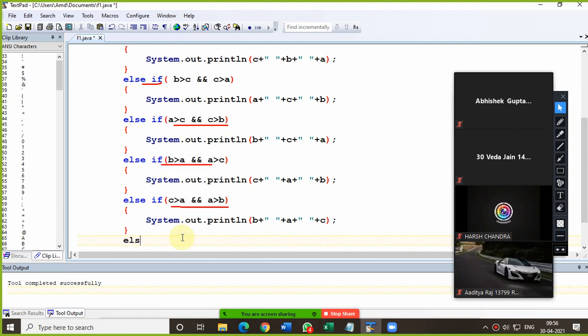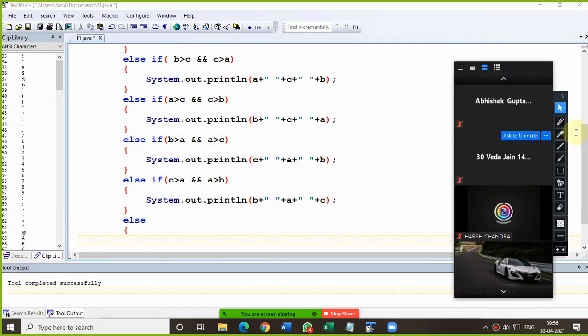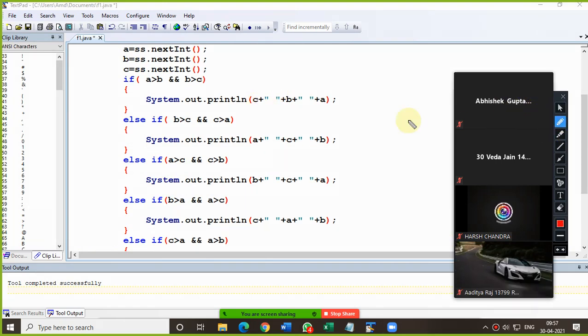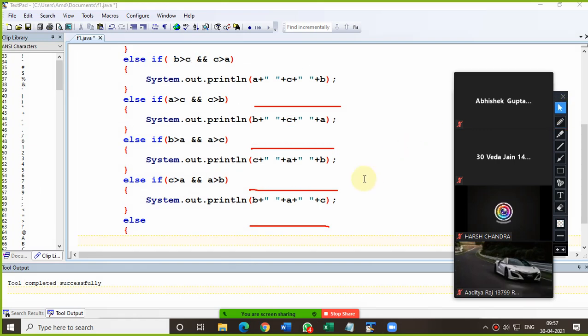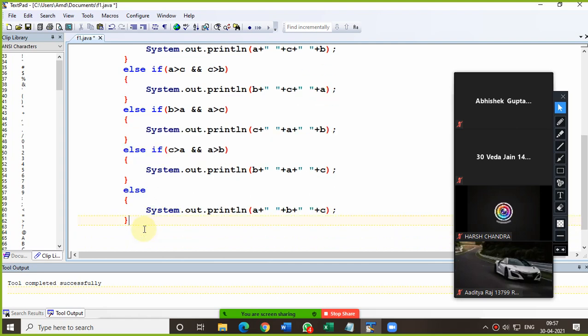After that, which is left now? Only the else is required. Tell me. C, A then B and C. See, you can easily check the sequence here. We have printed CBA, CAB, ACB, BCA. So which one is left? We have checked BAC also. So now, ultimately, which one is left? C, A, B. So all the conditions we have put in now.